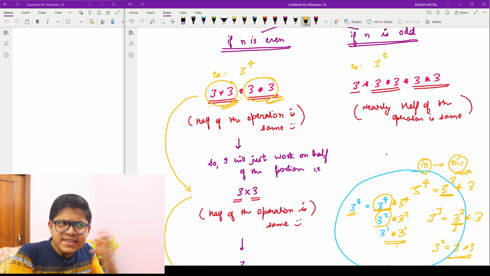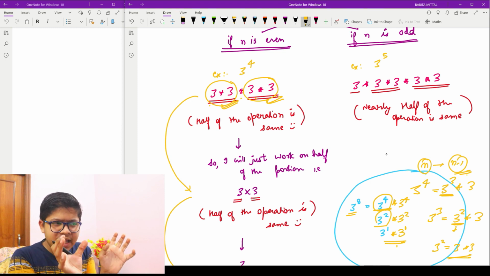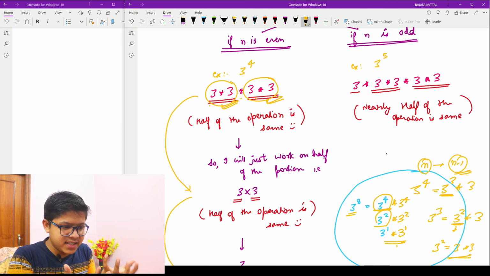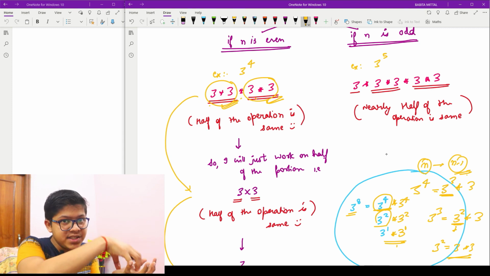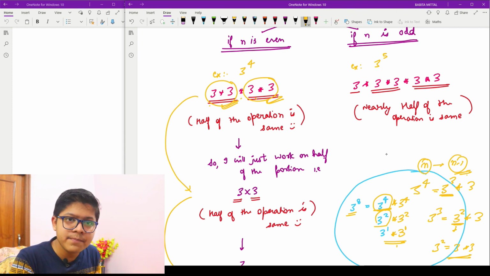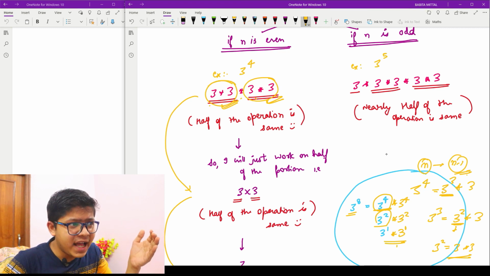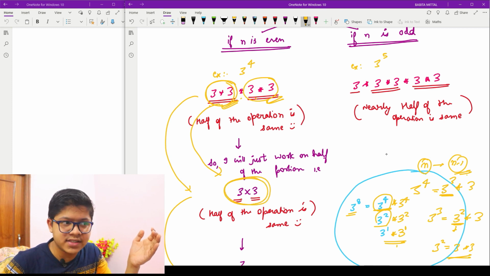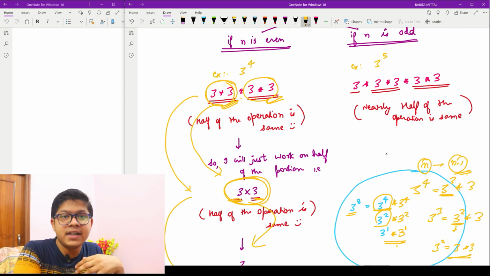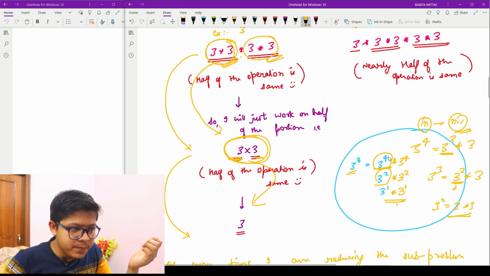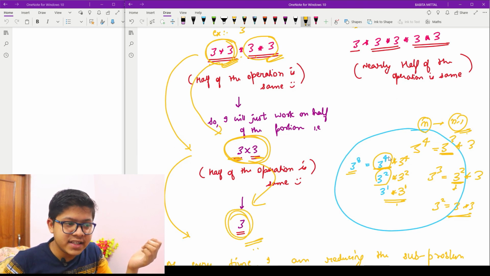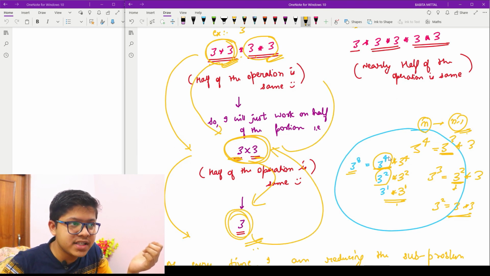So I see there is an observation that I can break my whole thing into two bunches, and I will find the answer for one bunch, and with the help of that bunch, I will find the answer for the whole number. Now you can clearly see that if I have this bunch, I again have this, so I need to find the answer for this. So I have two things right here, which means I will find the answer for one and multiply the same thing to itself to get the answer. So I will just work on this, and from this I will move on to this, and from this I will move on to this.